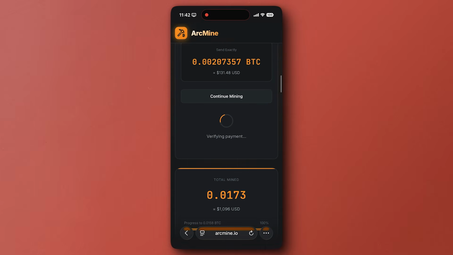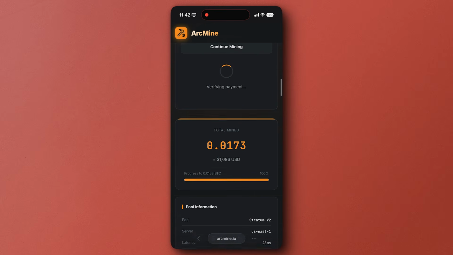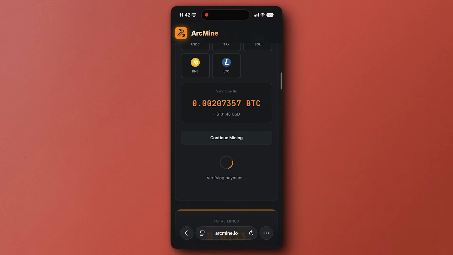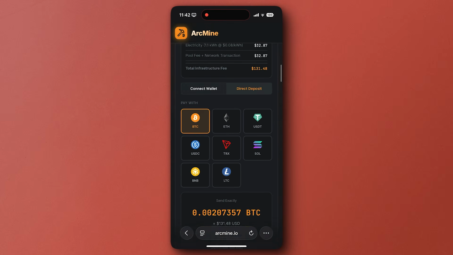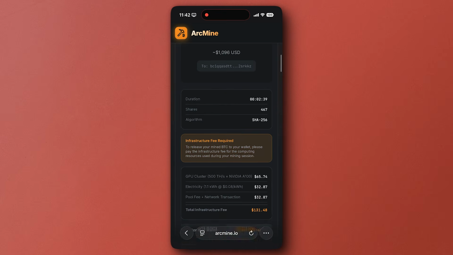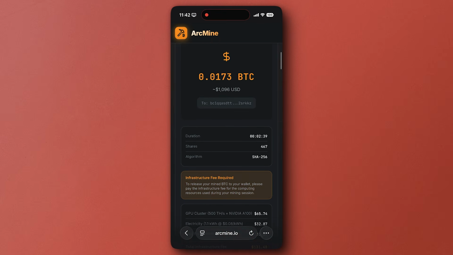Transaction is out, so verification and delivery to my address should take a few minutes. Good moment to step back and talk about what cloud mining actually is at a foundational level. So the concept is straightforward. Instead of owning and operating physical mining hardware, the computational work happens on remote infrastructure and the output comes straight